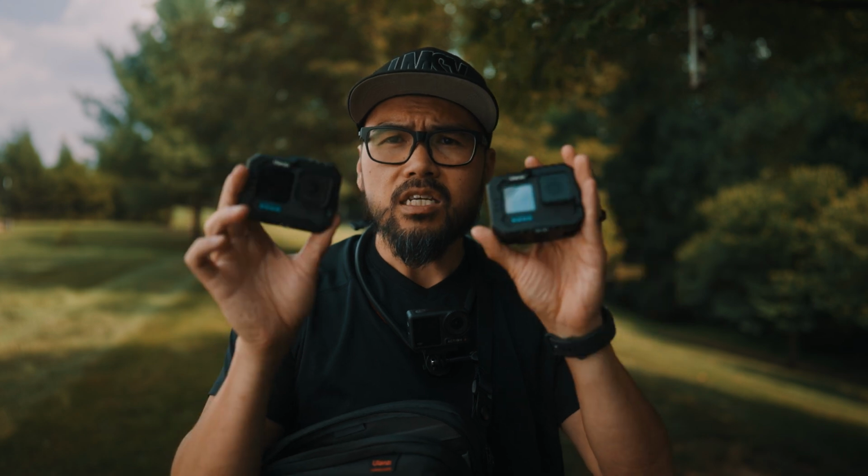And for the past year, I have been using the GoPro Hero 11. Matter of fact, I have two of them all decked out in Ulanzi cages, and I just pulled it out